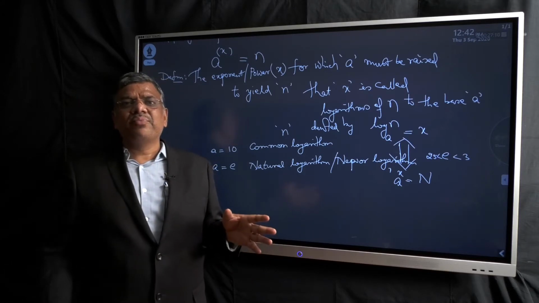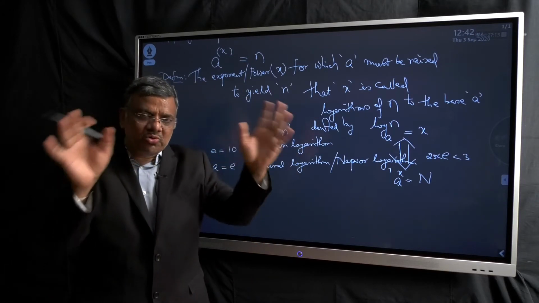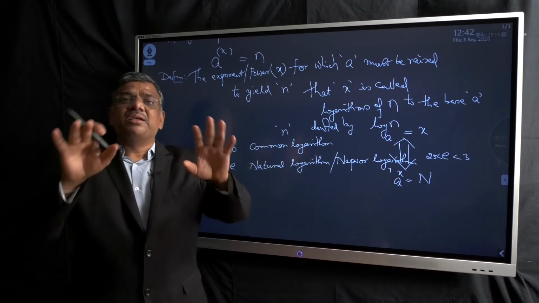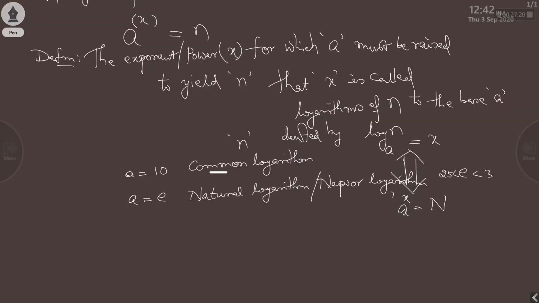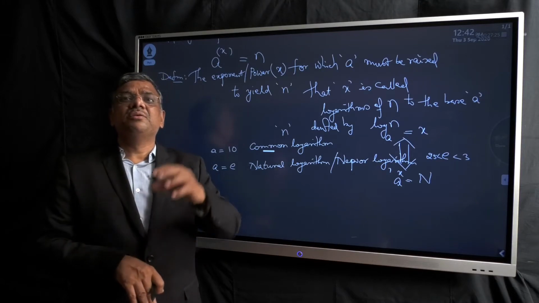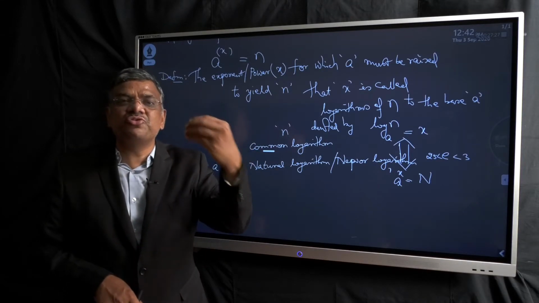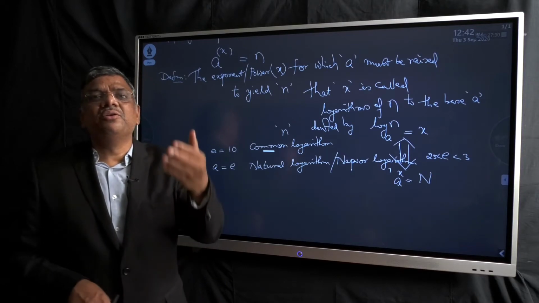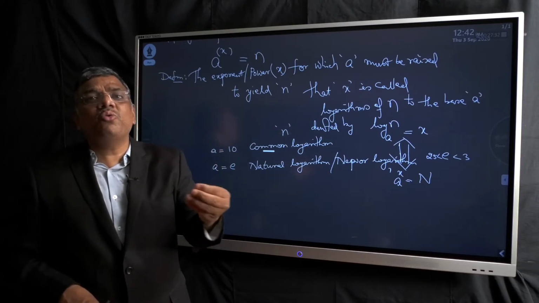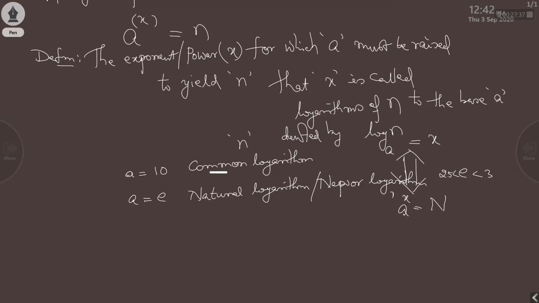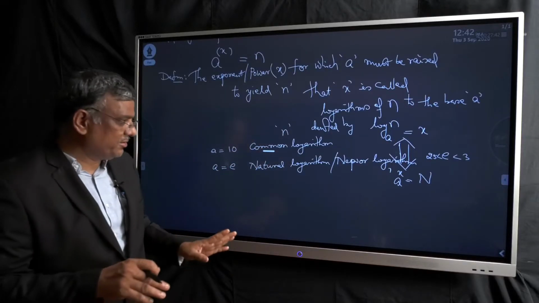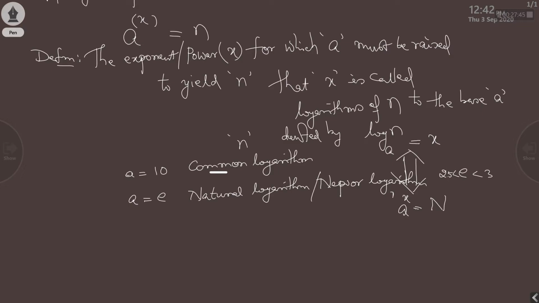For the time being, the people in those days developed tables for the common logarithms, and by looking at those tables they calculated huge multiplications and huge divisions. So let us learn how to get the transformation of a given number through the common logarithm. That is exactly what we are going to learn in this chapter. This is exactly part 2.